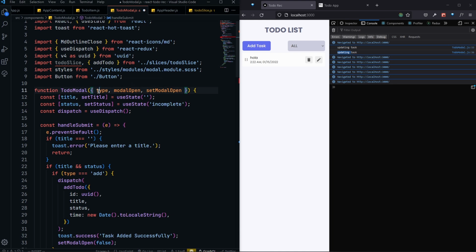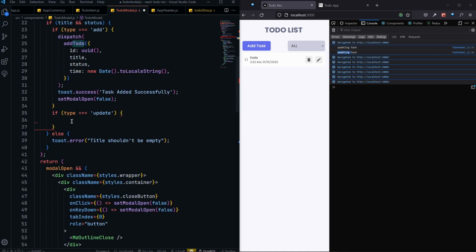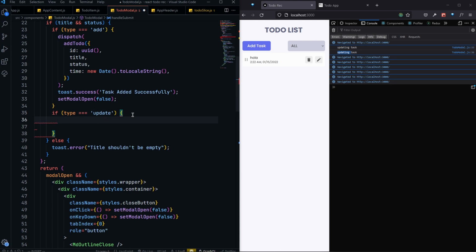Whenever type is update, beside that we need to get the old todo. Whenever we are updating it, we need to get our old todo, then we can have a match. So whenever you are updating, we need to match it. If we have the same thing as the old todo, let me show you what I mean. So todo.title, this is the old todo, and we need to check it with our new todo. If our new title